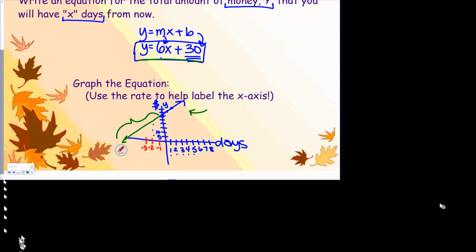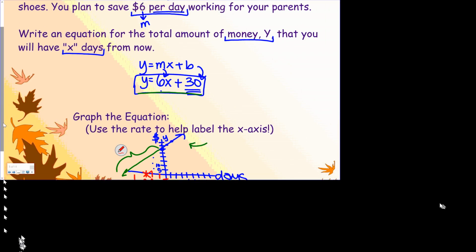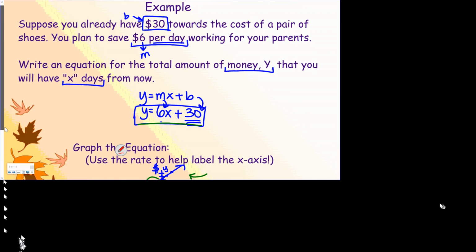We never measure or can measure a time negatively. So we're not going to have a negative amount of days. So going in the x-axis direction for this graph wouldn't make sense. And we also know if I'm looking at money, so down here at -$15, -$20, going negatively on the y-axis wouldn't make sense either because we're told in the problem that we already have $30. So there's no way, there's nothing saying that we're losing money, we're not going into any debt here, we're saving